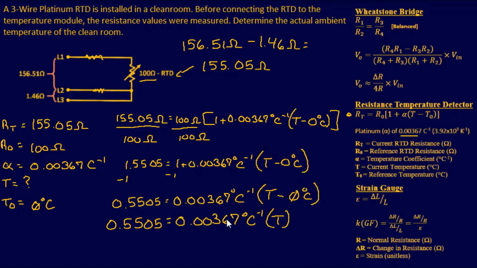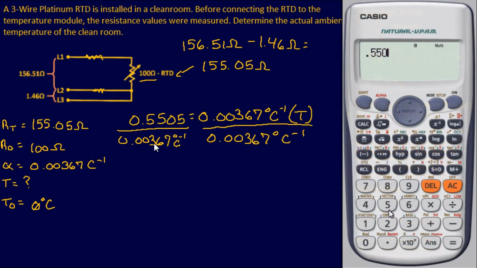Pretty much after that, since I'm trying to find T, I just go ahead and divide both sides by our alpha, which is 0.00367 degrees Celsius inverted. And again, same thing. It's very tedious drawing this all out. Since I ran out of room, I want to go ahead and move all this up real quick. All right, and if I plug and chug this right and I calculate right here, it's going to give me